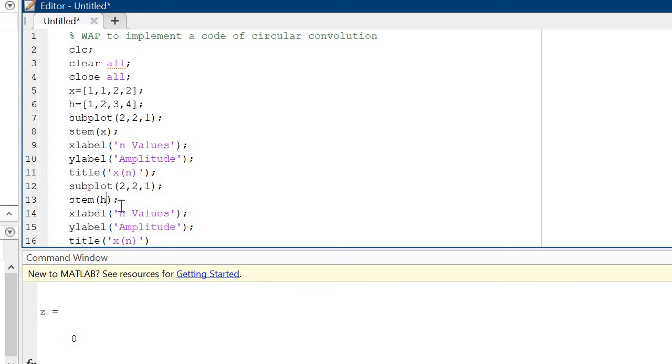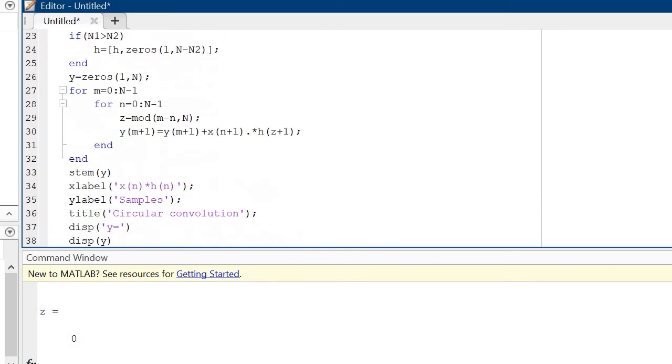Change h, and this is also h, and write subplot also in this process. Use subplot 2, 2, 3 position. Okay. In the case of n values, I write n values.